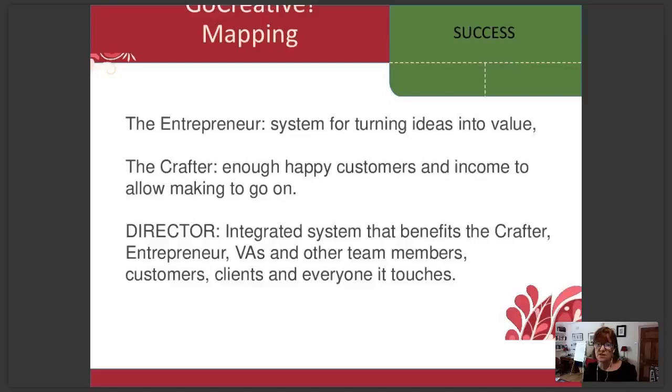So let's just hop back into the chat room and just see if anybody has any questions. How are we doing? Is this all making sense? Are we all feeling very directorial? Anybody got any questions before I move on to looking specifically at assets? Okay, everybody seems to be happy.